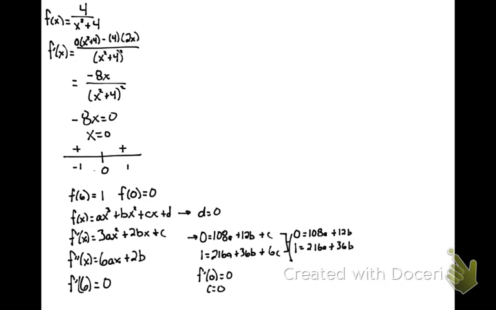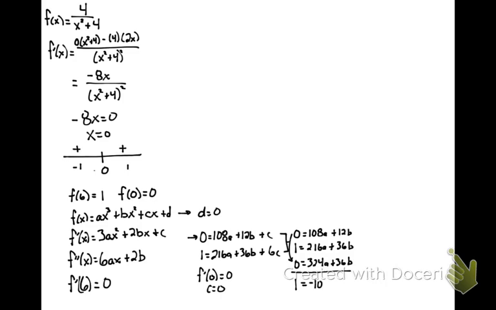Multiply the top equation by 3. That will give me 0 equals 324a plus 36b. And when I subtract these, I'm going to find that 1 equals